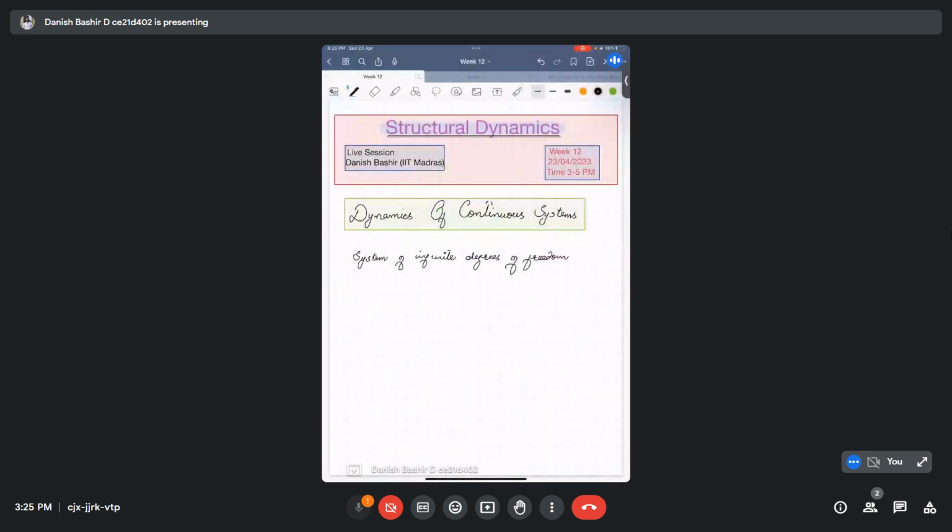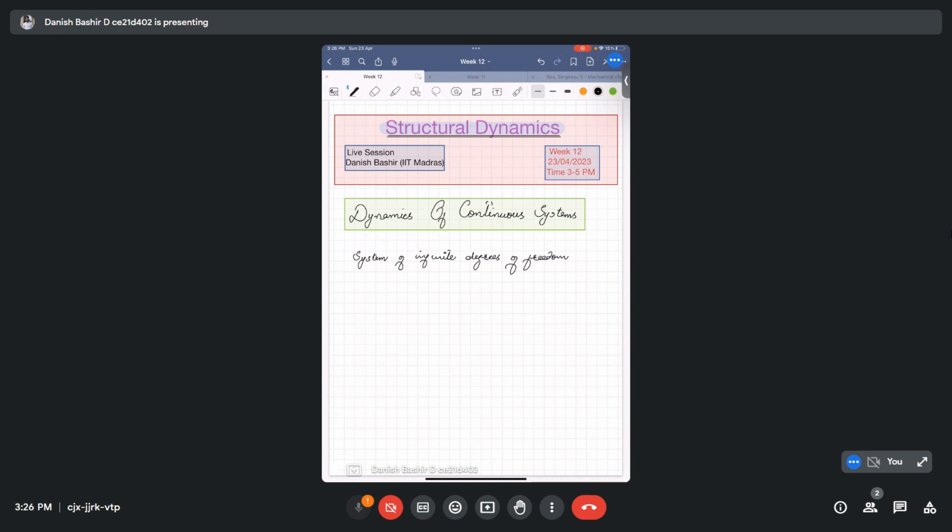sine pulse. I think we studied the derivation from first principles only for the step pulse, rectangular pulse, and half sine pulse. Later on, I said it's a part of your homework: you study the response of a single degree of freedom system under a full sine wave. Okay, then